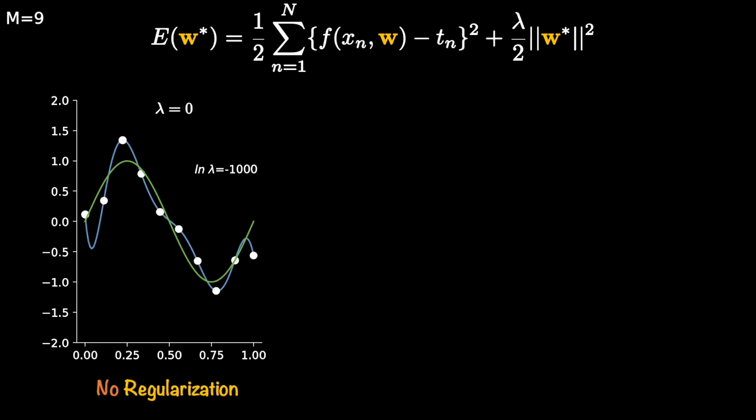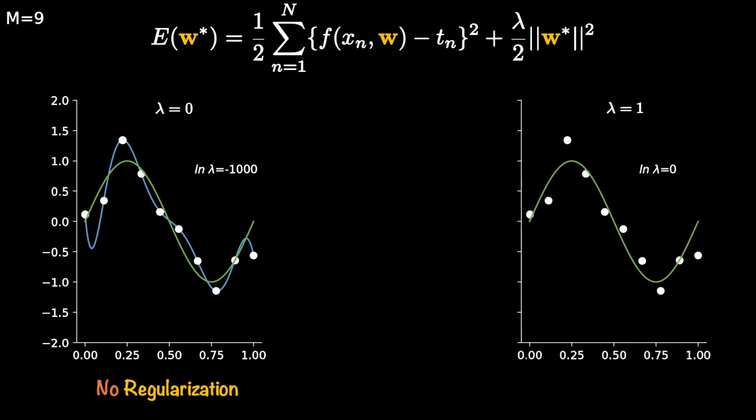The first is an example where the value of lambda is 0, which essentially amounts to no regularization, and you can see that there is no change in the model function. It is still touching all the training data points, but the final curve does not look anything like a sine curve. So nothing new here. There is no regularization because lambda is 0.